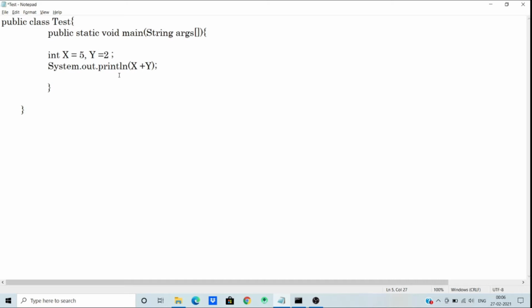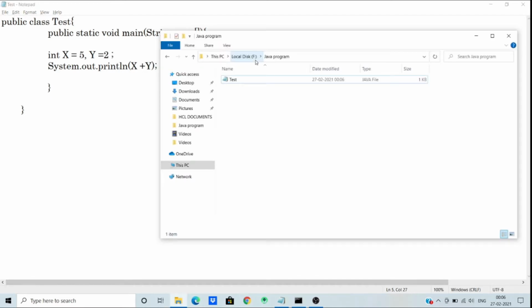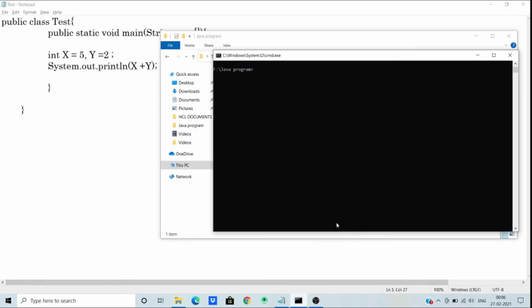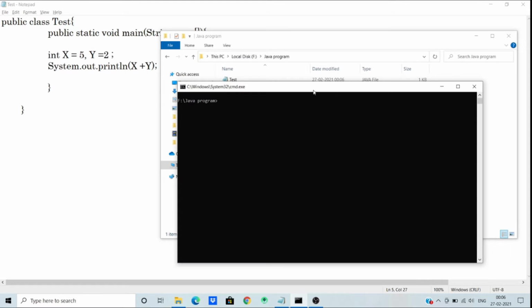To execute this program, we need to save this file as test.java. I saved this file in my Java program folder named test.java. To execute this file, we need to open the command prompt, go to the location of the Java program folder, and then run the command javac test.java.